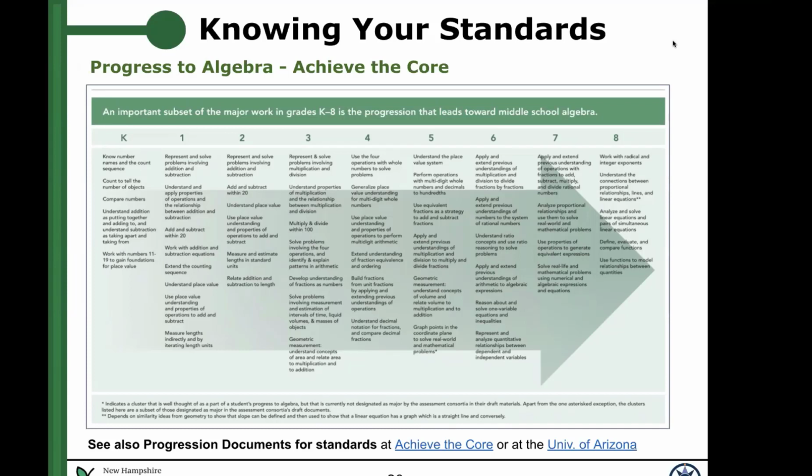In the same vein, we had a question in the Q&A that said, are certain standards, do they need to be taught in a specific order, or can you do it in any order as long as you're meeting the standards? And I think it was specifically in relation to science, which I'm going to get into next. I mean, obviously math is a little bit different. Not all standards are created equal. So just to kind of talk about that, with math, it's a little bit different.